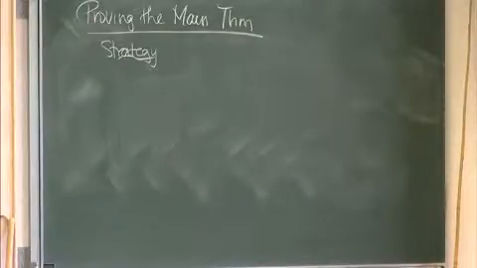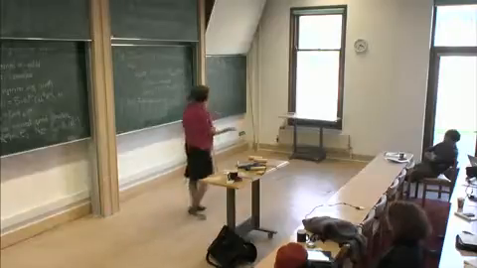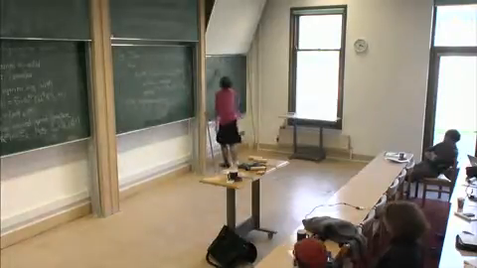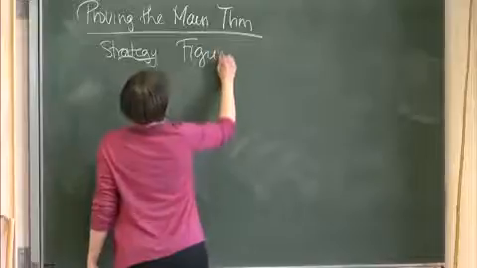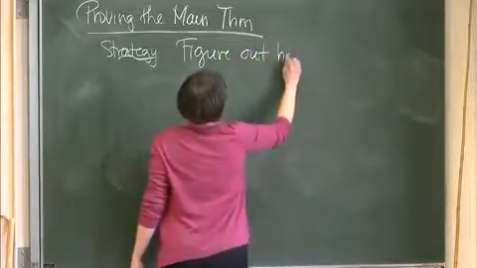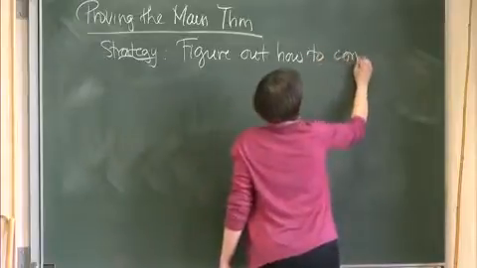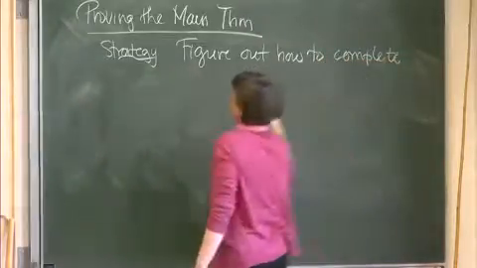We take the tensor product of two free bimodules, each just on one generator. So what do we want to get when we take the tensor product of any two free bimodules? So what you want to do is figure out how to complete